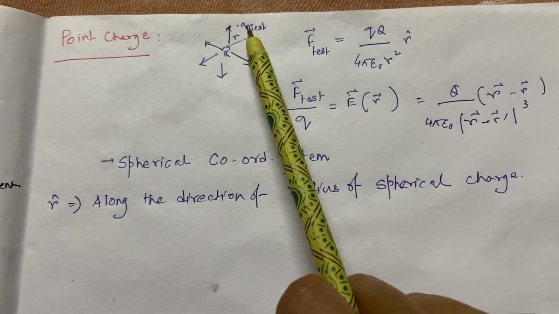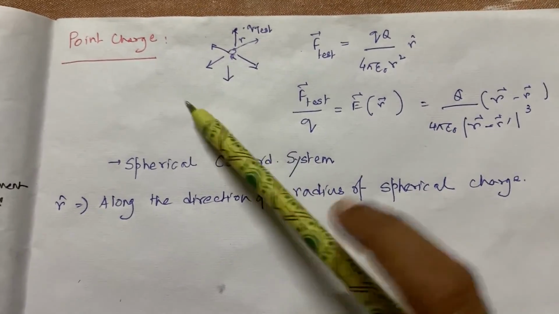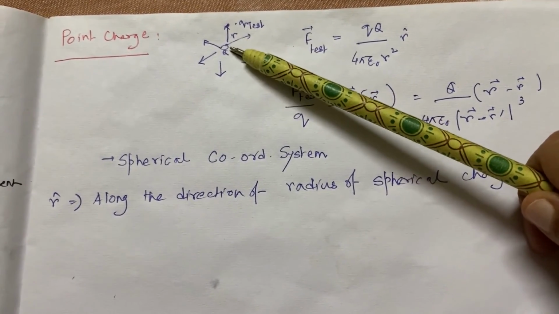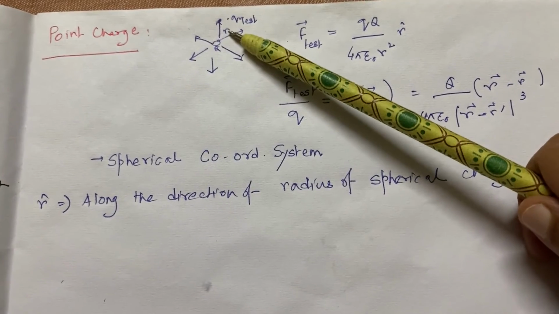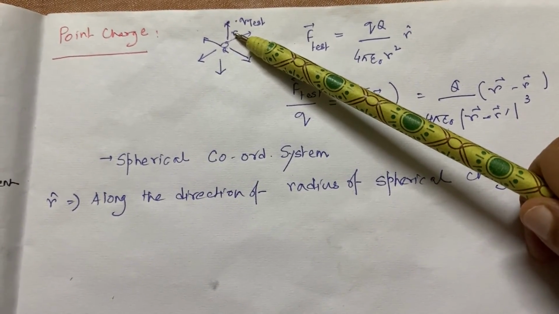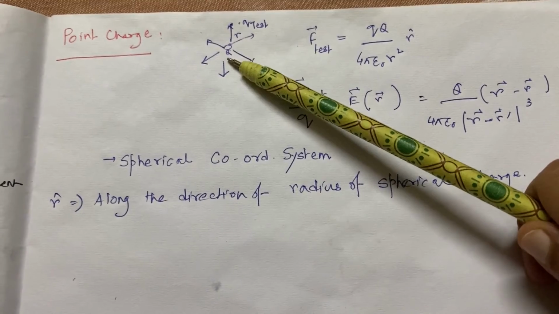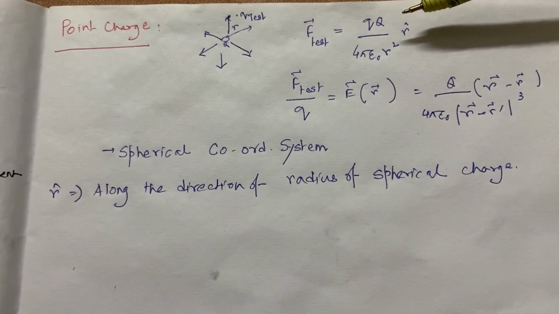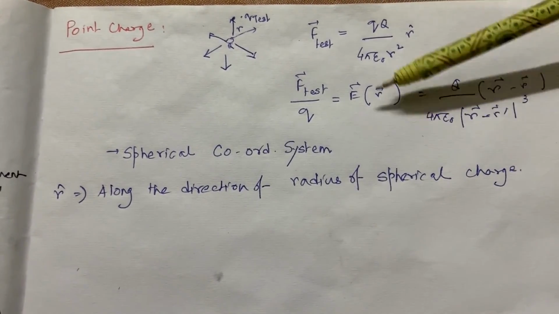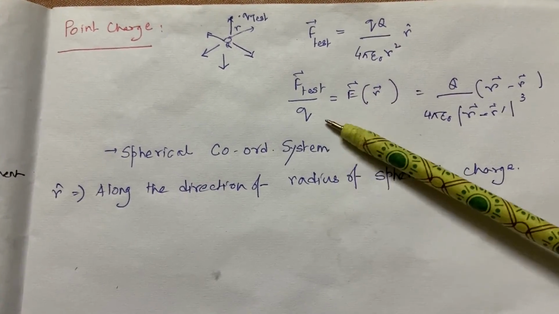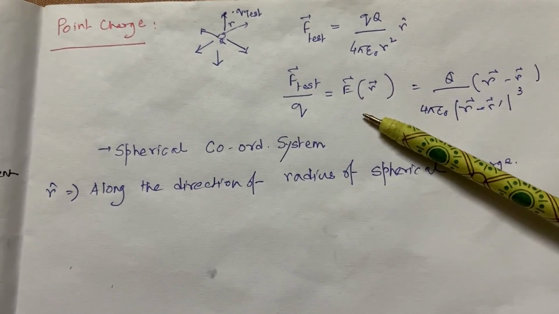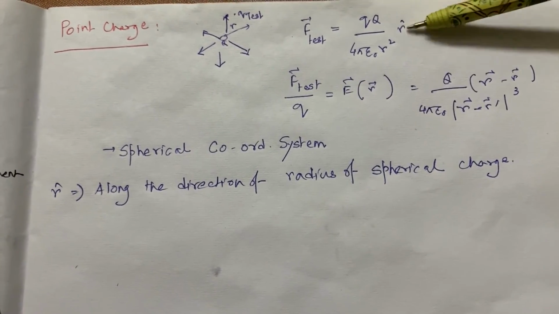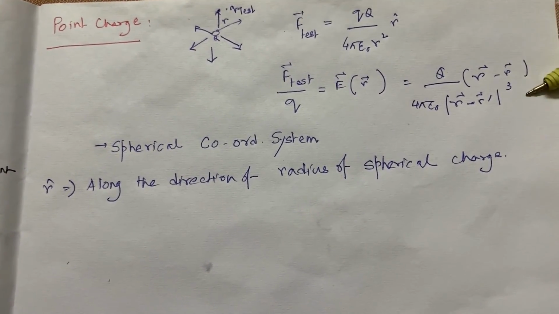And if I take a test charge q, and join the source charge, capital Q, and the test charge, small q, then this direction R tells me the direction of action of the force between them. By applying Coulomb's law, I can easily find the force between them. If we divide this force by the magnitude of the test charge, we can easily find the electric field. The electric field can also be written like this, and this R hat can be written like this. This we have done earlier.